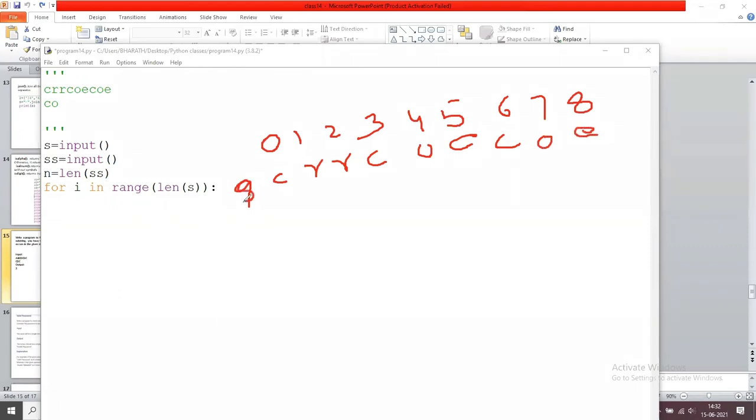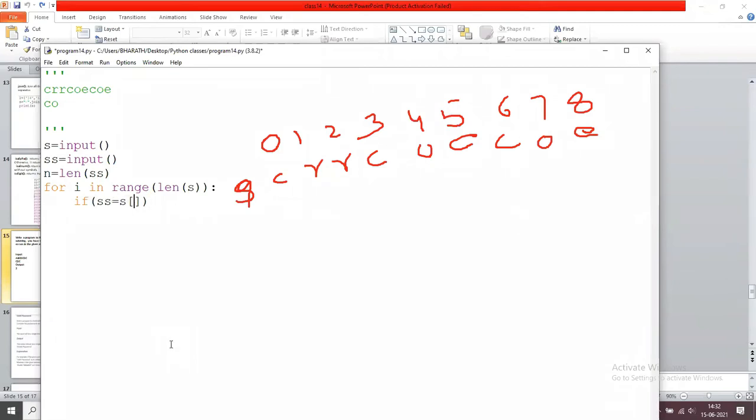And the variable name is S. The length is 9. Okay, now we are going to compare the substring with the string. In S, you are going to do the slicing.